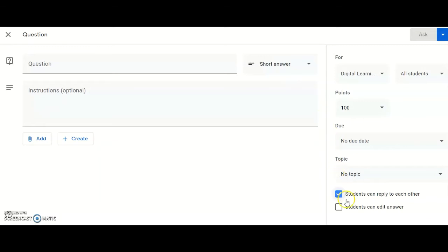The really important thing here is that this box be checked off, that students can reply to each other. I opt to let my students edit their answer in case they figure out, oh my gosh, I misspelled a word, which happens pretty frequently, and want to go back. And so I let them